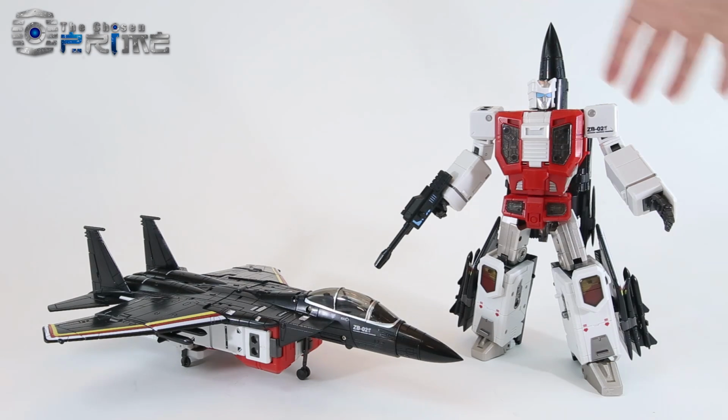This is Andrew with the Chosen Prime with a video preview, some very early test shots from Zeta Toys. This is ZB-02. These test shots are so early in the cycle that I actually don't have their code names, price points, or release dates. But you can see here that this is their take on a Masterpiece styled version of the Aerialbot known as